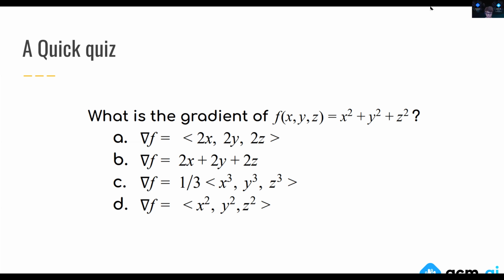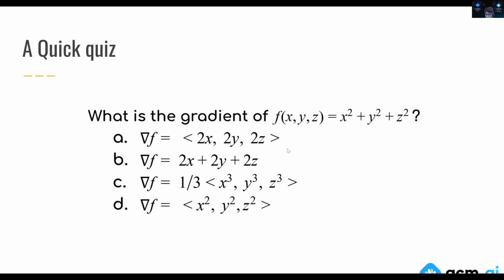So I'm going to share the results with you guys. So that's really awesome. 95% of you got the right answer, which is A. So I noticed that a few of you chose B, and I can see the confusion here. You got each of the components correct, but the thing to remember about the gradient is that you need to stick it in a vector. So you don't add it up, you just put it in a vector.